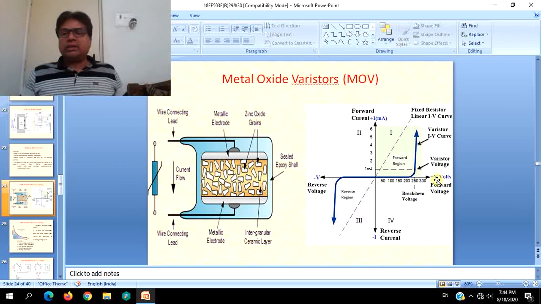It is not that it cannot be used again and again. Also, it can be used in the same way in the reverse direction also. You will be having symmetrical characteristics when both forward and reverse regions are compared. Otherwise, if a simple resistor is used, it will be following such a curve like these dotted lines. With a fixed resistor, a linear IV curve will be there, which cannot be used as protection for the diversion of excess voltages.